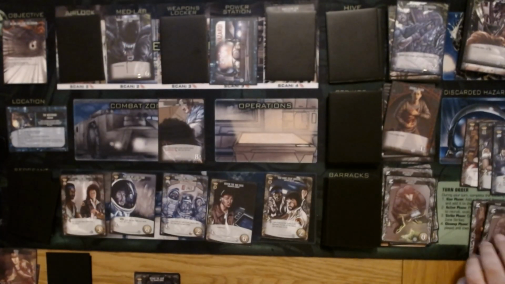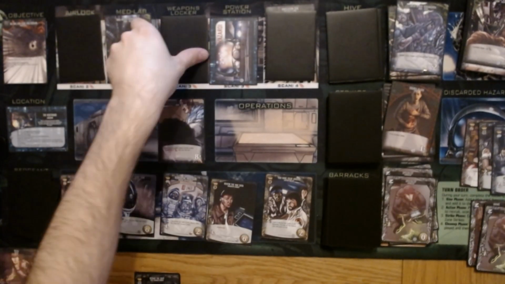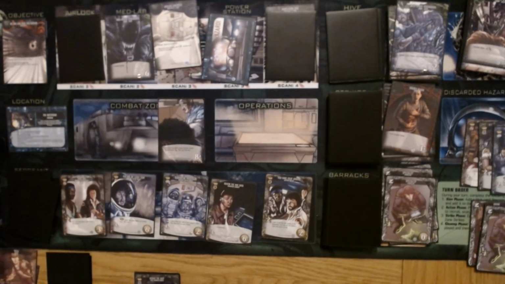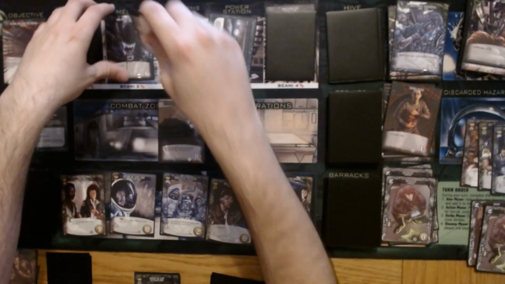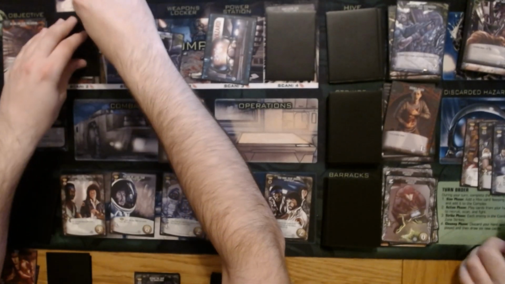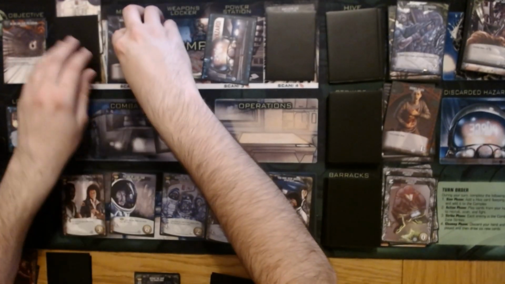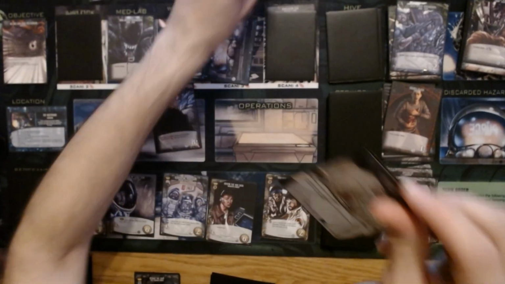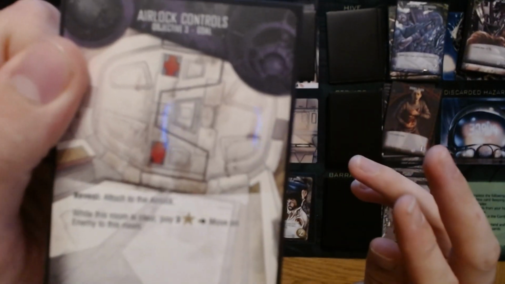Okay, I can't deal with that, so let's scan the weapons locker. Okay, we have an airlock control. Nicely. So we're actually getting a little bit messed up here. Yep. Because we are now in deck 3 and we haven't finished objective 2. So the airlock controls are part of deck 3's objectives, which is when you reveal